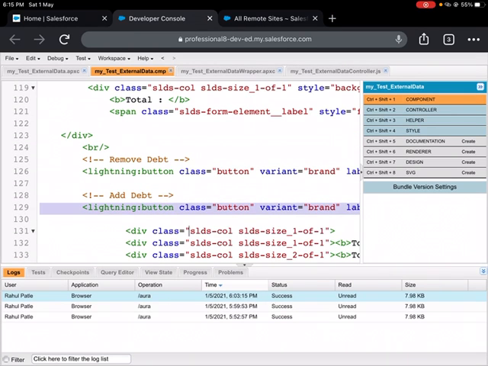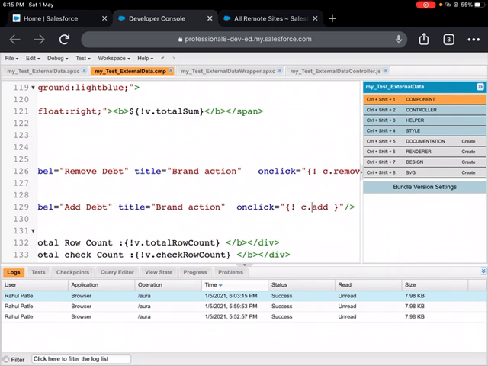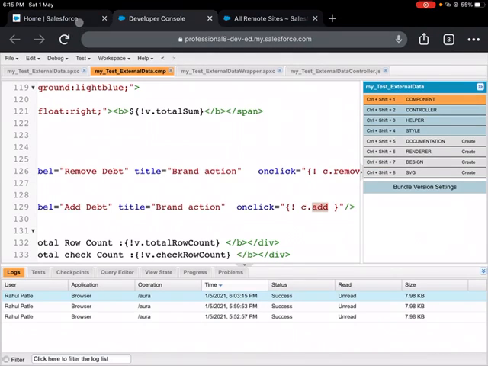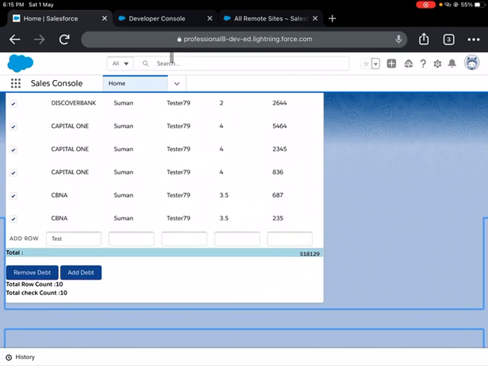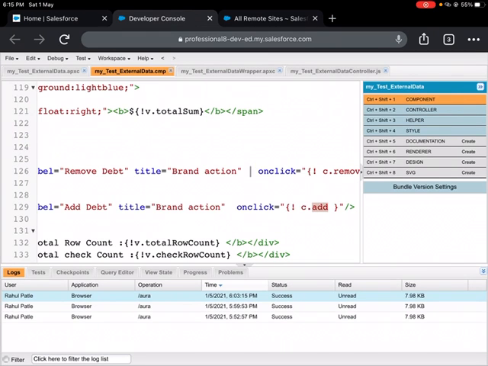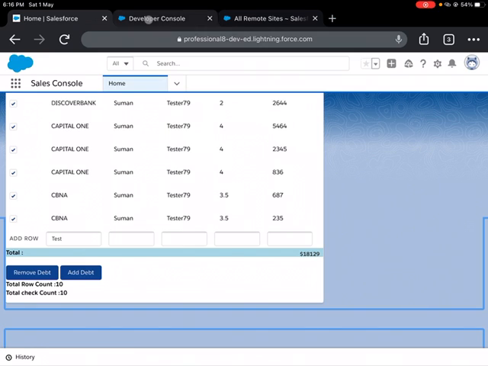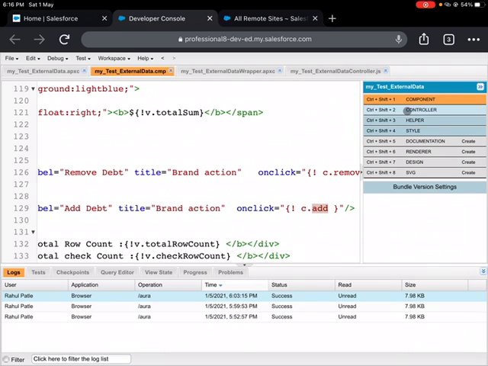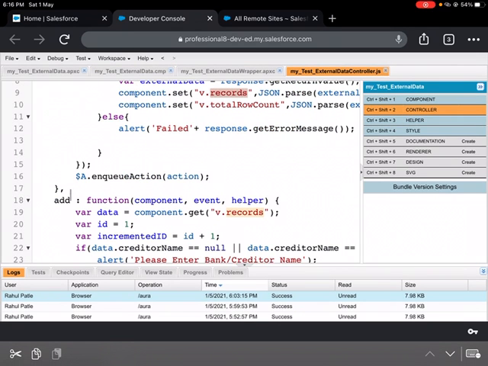So in this I'm calling a function add, which I have created here in a controller, which will actually fetch the input that I have provided here, and it will create a new set of array record, and it will add the value whichever I have provided here and push that value to the existing array object. So I have created here as a controller this add method.